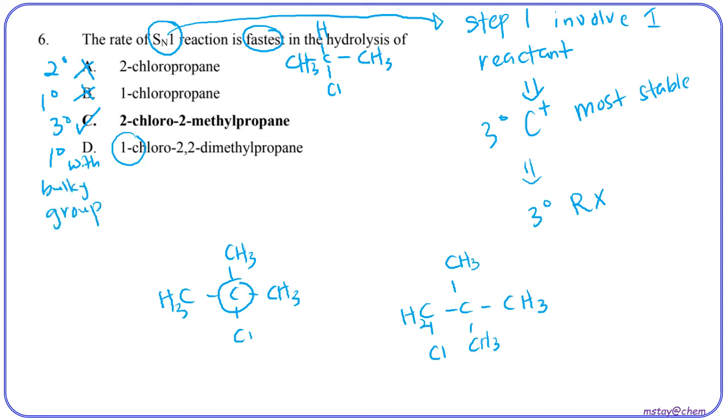We consider this part as the bulky group. So later it may undergo rearrangement. A primary haloalkane with a bulky group may undergo